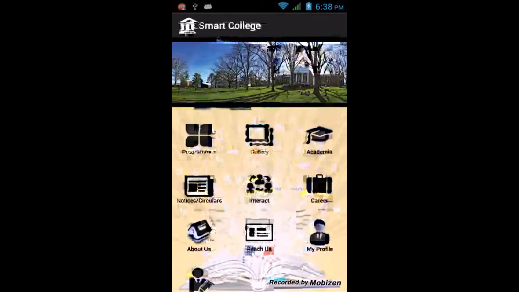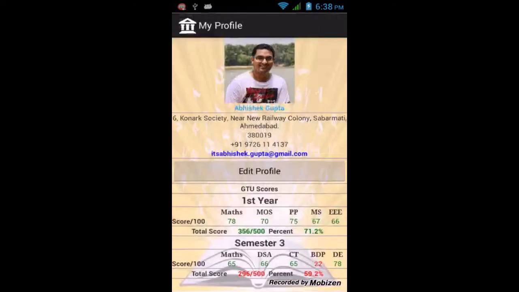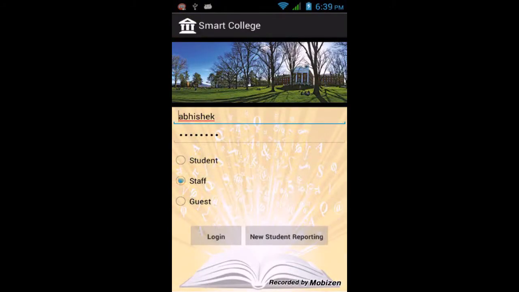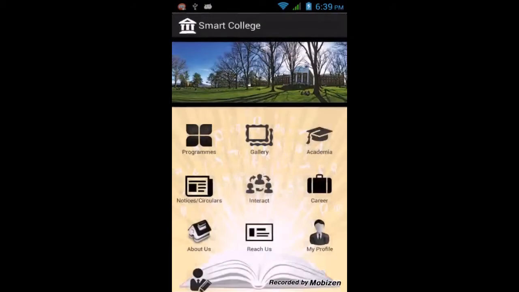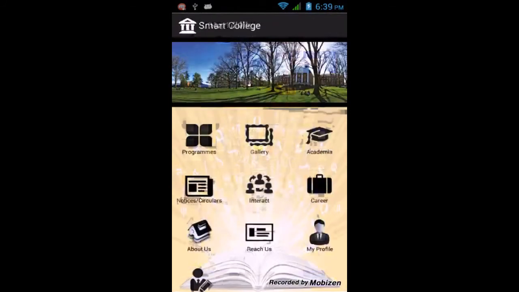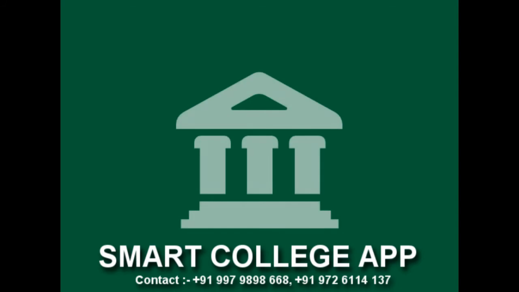can be listed here. The My Profile option provides an interface to access personal details and modify the permitted details. A student can access all his marks of every semester, attendance, and any personal activity with the college. A new staff member can also add his information using the Edit Profile option available in Staff Login. These are the few features that are available with the app currently.